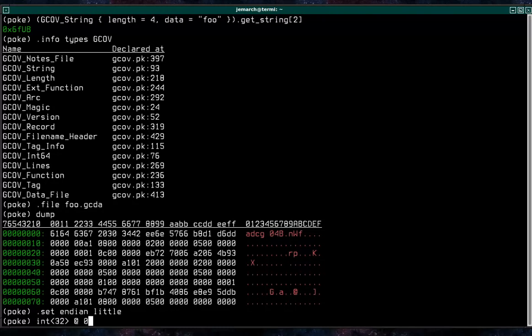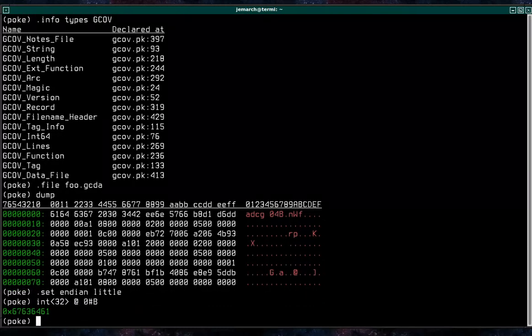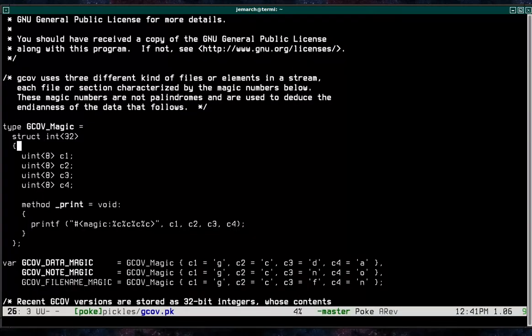So the int32 at 0 bytes is the magic number, and here we see in the ASCII dump that each byte of the magic number corresponds to an ASCII character, which is ADCG, but in little endian it's GCDA, for GCOV data file, right? Okay, so basically it is stored as a 32 bits integer following whatever endianness is started by the compiler,